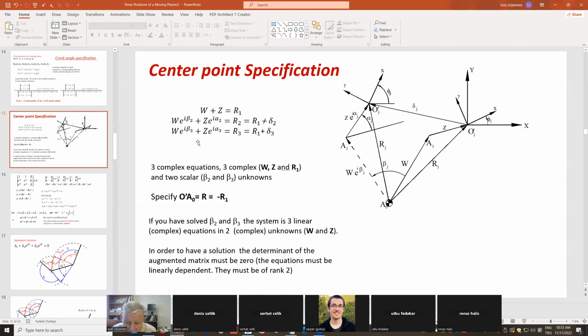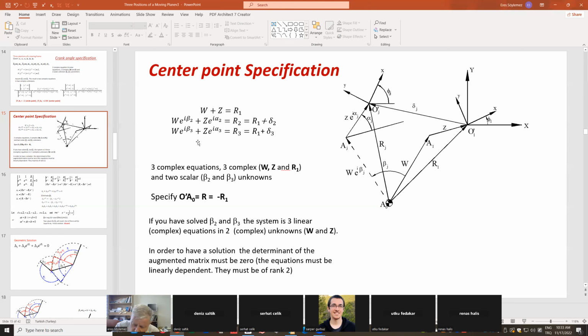There's no solution. Let me repeat. If you have n equations in n minus 1 unknowns,